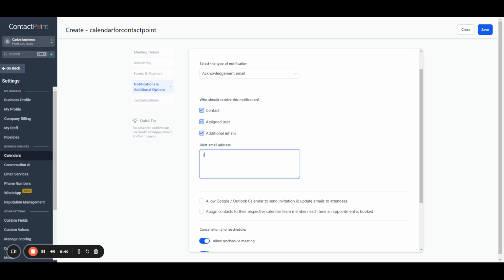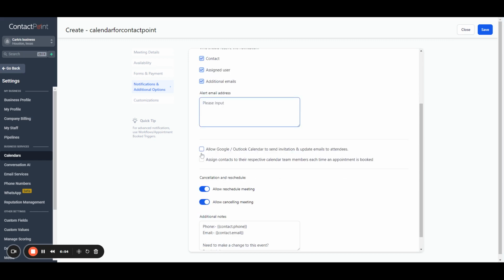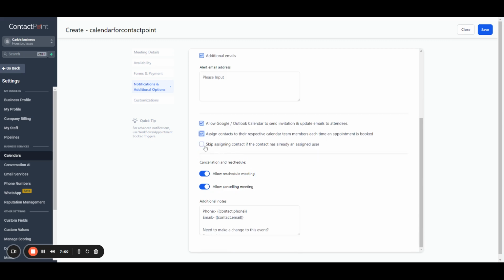Let's say you could put here Carlo at gmail.com, and then we have Noam, my boss. So anyone that you want to be alerted with any kind of notification with your calendar should be added here. In my recommendation with your campaigns with our niche, yes, you might want to put a checkbox to both. This third option is optional,